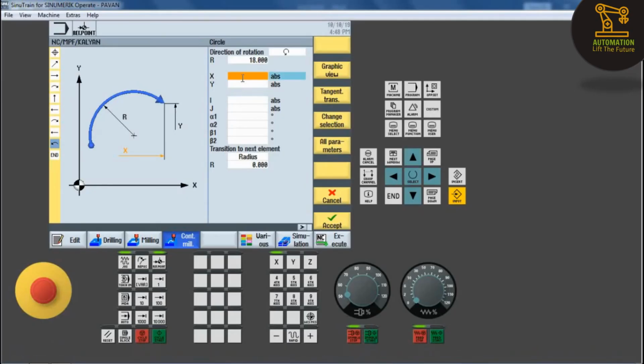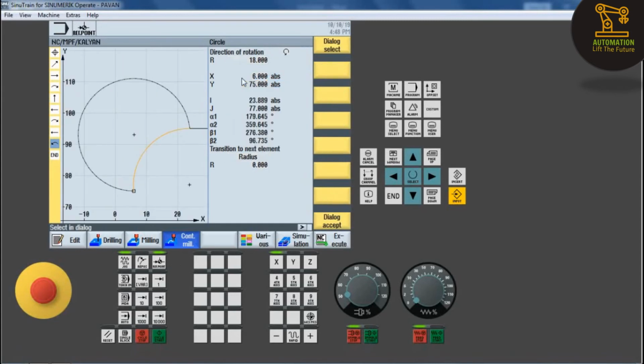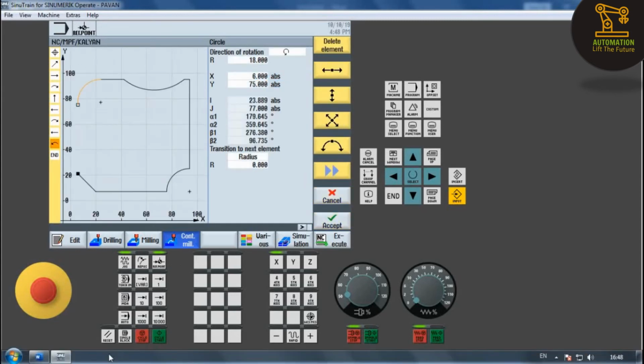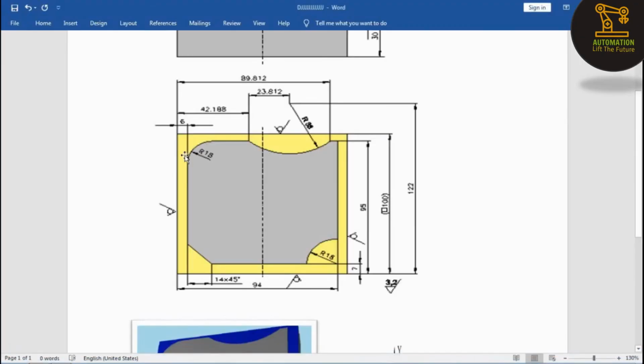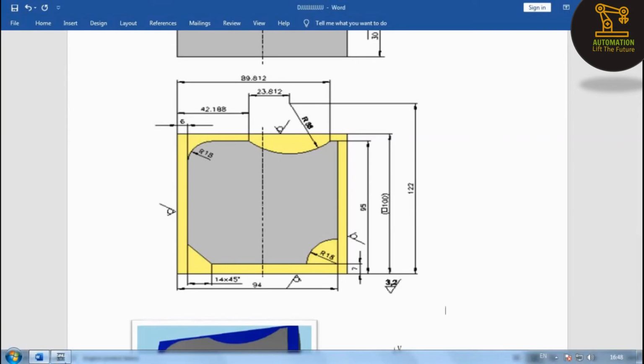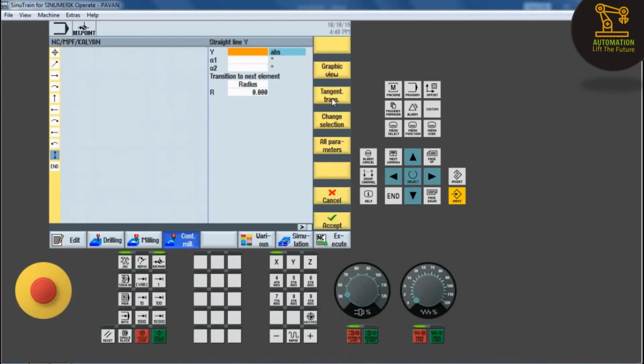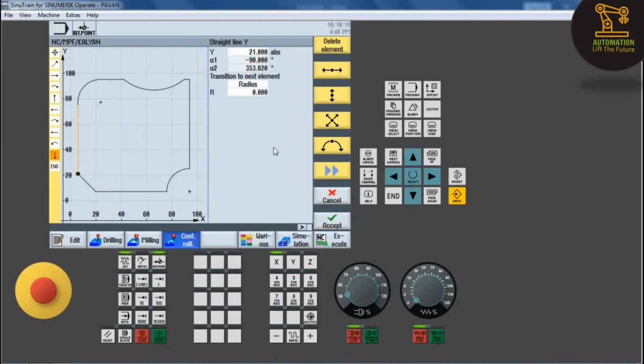So we have to mention 6, and then Y is 75, and then dialog accept and accept the element, and then next we have vertical motion to the initial point. So click on the vertical motion and Y is 21 and accept the element.